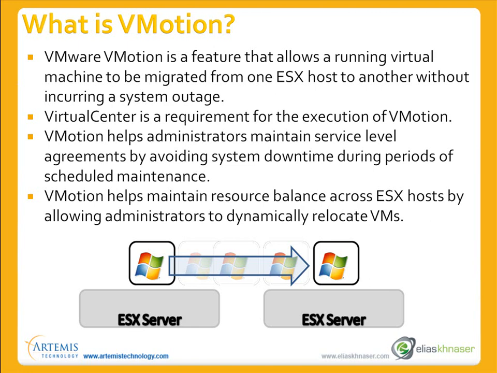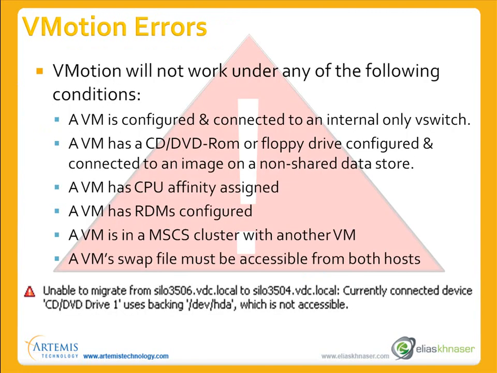So now let's push forward and talk a little bit about some of the errors that you can get with vMotion. What would prevent vMotion from happening from one host to another? And I've listed some of them here. For example, if a virtual machine is configured and connected to an internal only switch. So if that virtual machine has no access to the outside world in any way, shape, or form, there's no physical adapters attached to that virtual switch,